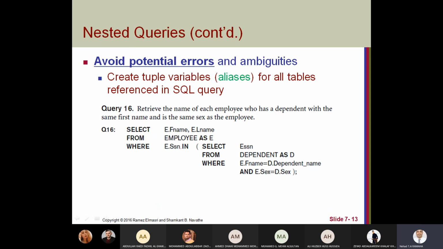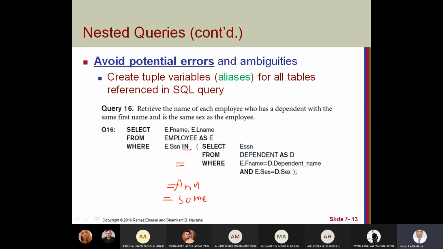When you have comparison IN, or comparison equal, or equal ANY, or equal SOME, you can collapse this nested query into one query, and it will be more readable, and you can understand it better.